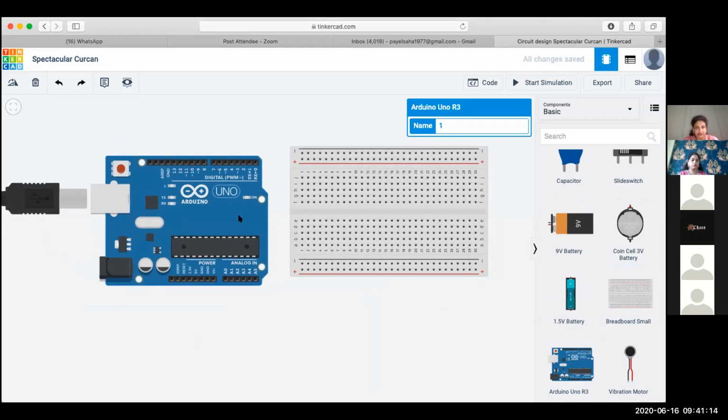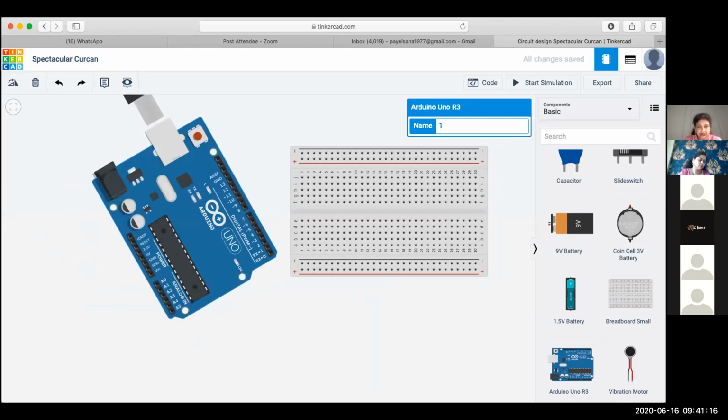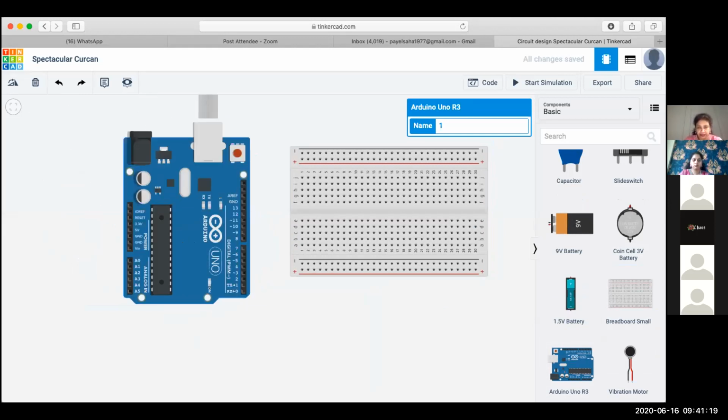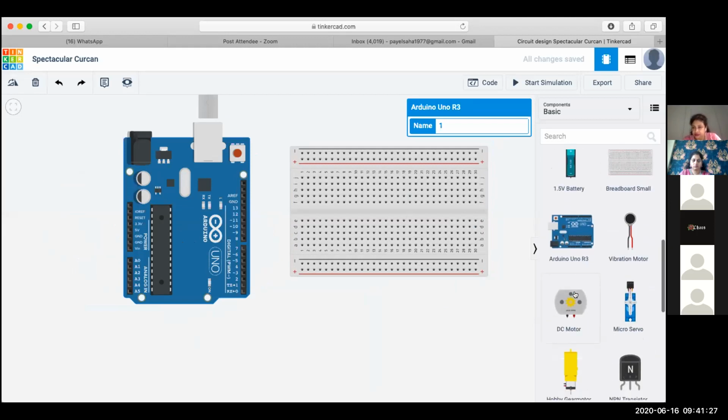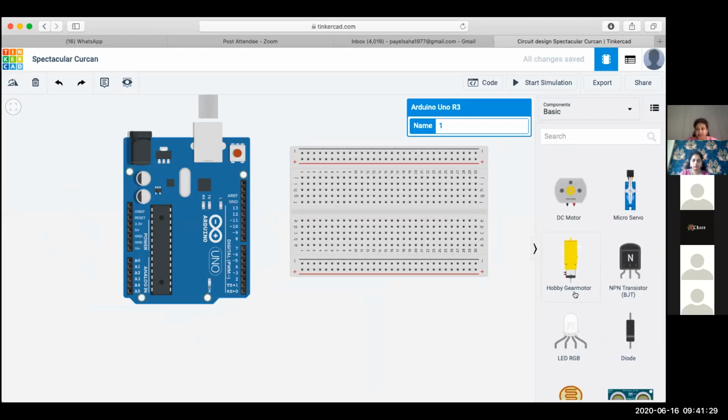Okay. I rotate the Arduino. You can press R also. If you keep on repeatedly pressing R, alphabet R, it rotates. That is one more way. Now, what I want to do, I want to connect an RGB LED. So can you see we have on the component list LED RGB, a 4-terminal device. So getting the RGB LED.